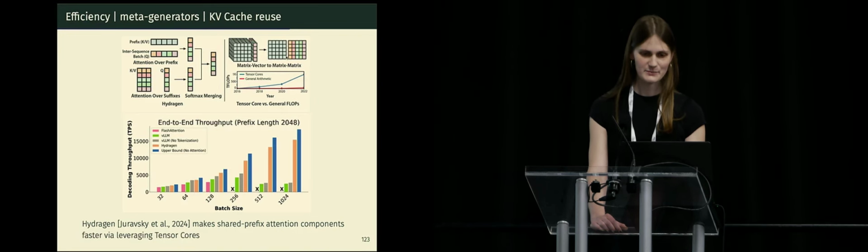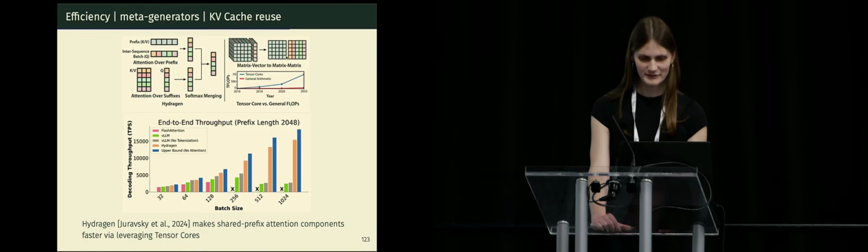And also cast this as a matrix-matrix multiplication rather than many matrix-vector multiplications with the same matrix. Because GPUs are optimized so heavily for matrix multiplication, we get huge speedups from modern hardware by doing this matrix-matrix form of prefix attention. What this allows is for massive throughput increases, especially at large batch sizes,